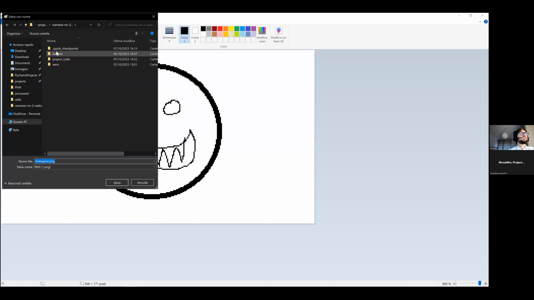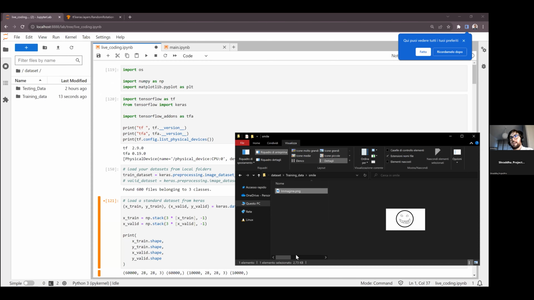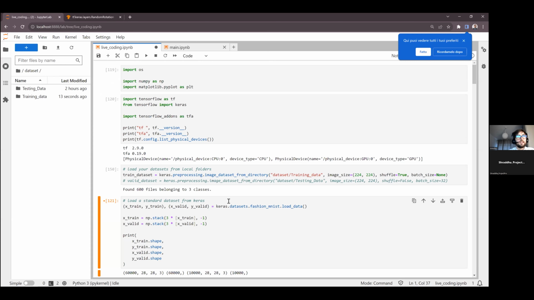Let's see, where is it: data set, training data, smile. Clearly, you will probably not do it with Paint, but you may have some source for your data. Okay, here is our image, and now it should say that it has 4 classes. You see, 601 images and 4 classes.